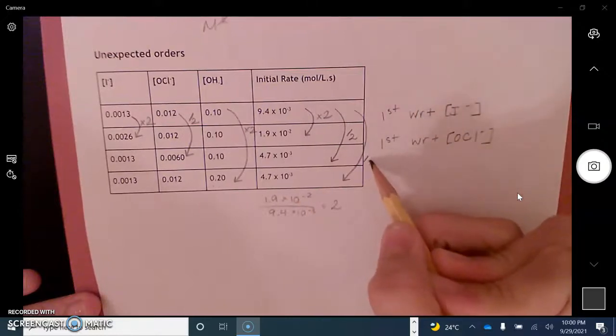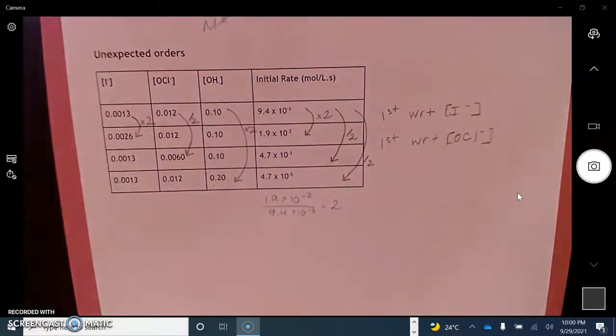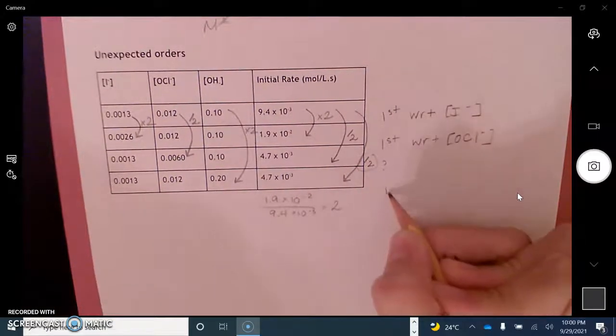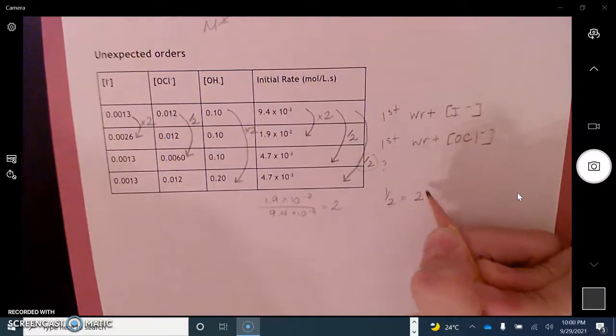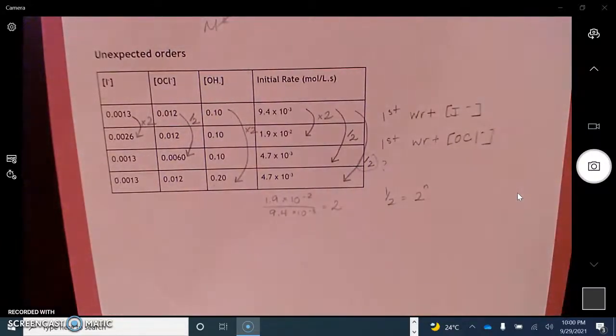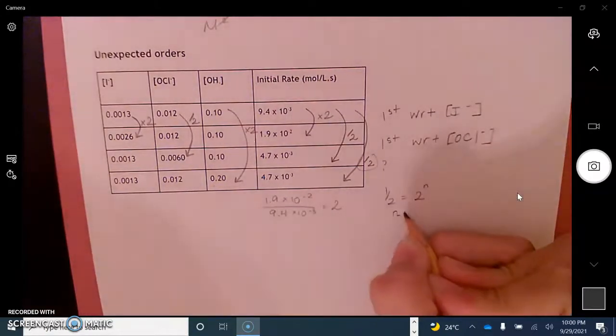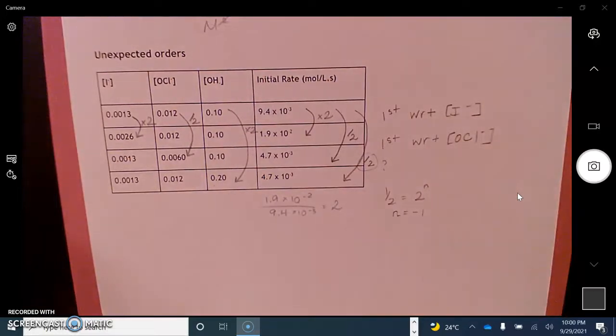It halved. This is unique. Half is 2 to what power? Half is 2 to a negative power. It's the inverse. Our order of reaction is actually -1